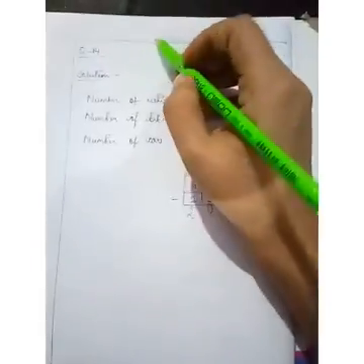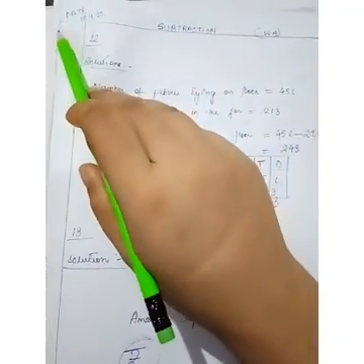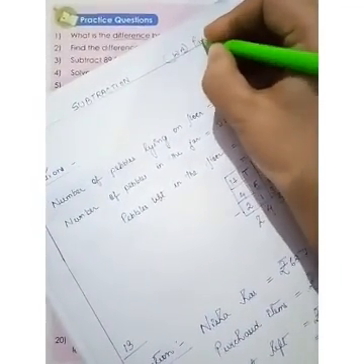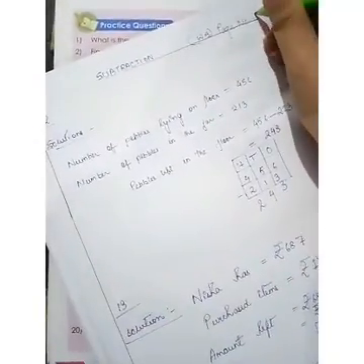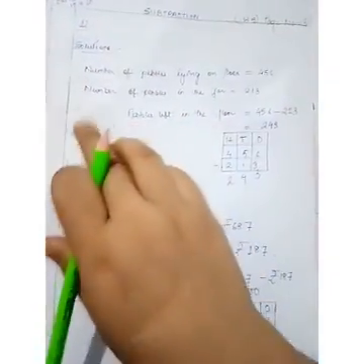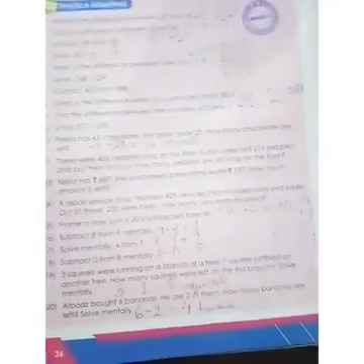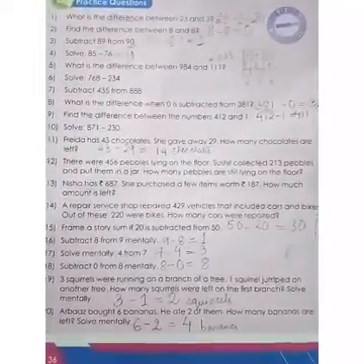You can write in this way also in your maths copy. You write the name of the chapter, you write workbook, you write date, and in the bracket you can write the page number. What is the page number here? 36. So you write the page number and then you can do like this. No need to write the question, like question number 1, solution, answer, question number 2, solution, answer. You can do it this way. And in the next class, we will be revising from the first chapter for the term 1 examination.